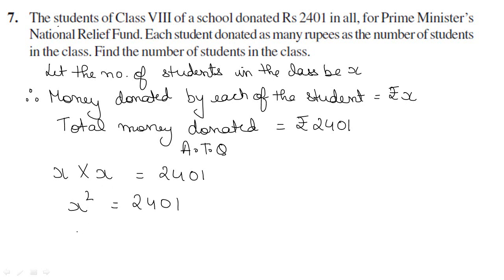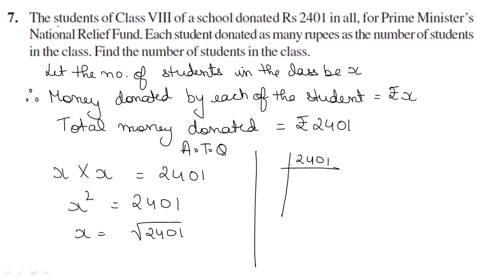Now we have to find the root of 2401. So we can do its prime factorization. It is your choice whether you want to write it in the fair or in the rough column. So I am doing it in fair. 2401 is an odd number. It will not go on the table of 2. Now 2, 4, 6, 6 plus 1, 7, not on the table of 3, not on the table of 5.